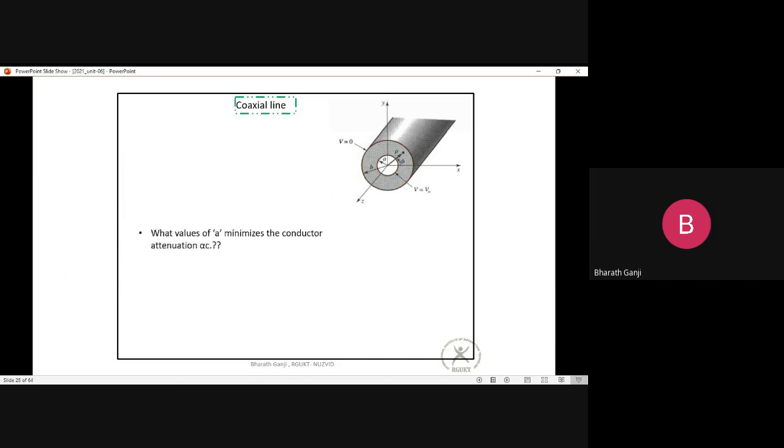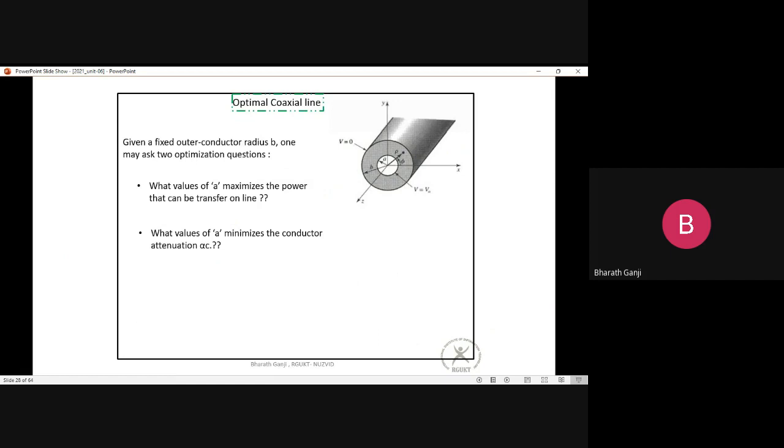So the question is, what value of a basically minimizes the conductor losses? Which value of a minimizes conductor losses, and which value of a will maximize the power handling capability? So what I'm trying to find is what is the optimum coaxial cable I can get. So to do that, we have an expression here. This is the expression for maximum power handling capability. To know the maximum value, I can see that pi a square, pi, epsilon, eta are some constants, so we'll take that